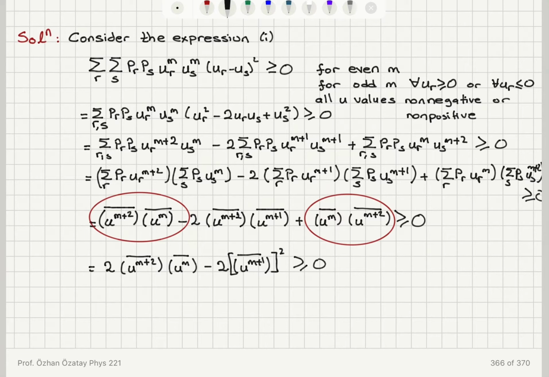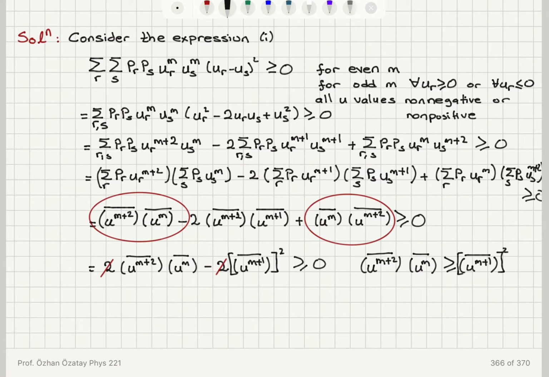This is greater or equal to 0, so the 2's will disappear, and I will find that u to the m plus 2 mean value times u to the m mean value is greater or equal to u to the m plus 1 mean value